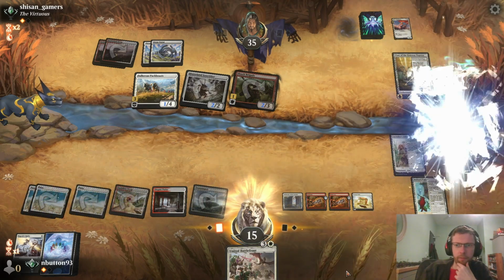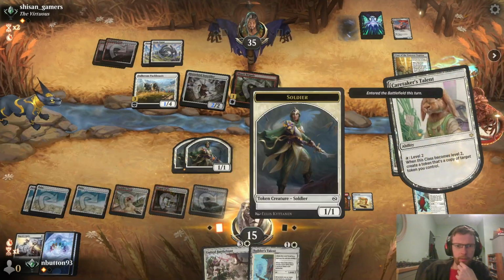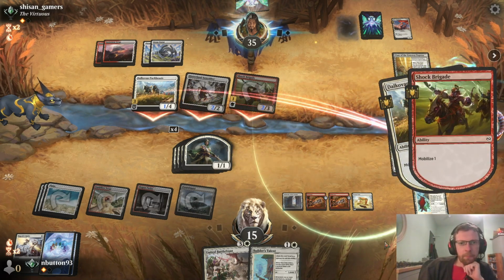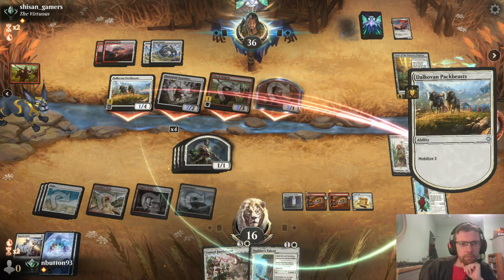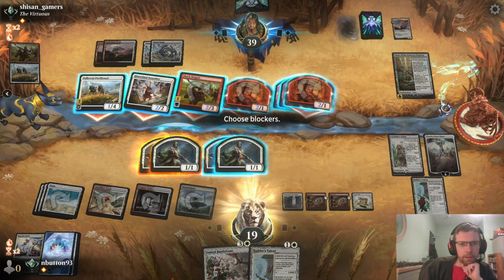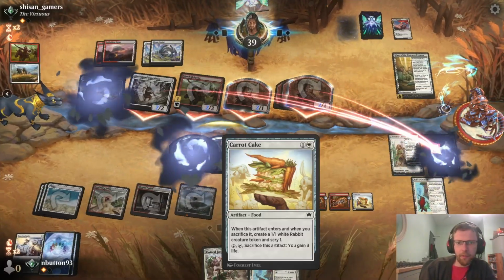So let's get Elspeth down. Plus one. I welcome all allies. And we'll copy this token, just because I want to be able to protect Elspeth for a turn. But they're not really into it, I see. Do you know what? I think I'm going to quad block this. Just because if I can get that off the battlefield, that's one of their biggest token generators dead. And yes, we lose Elspeth, but...